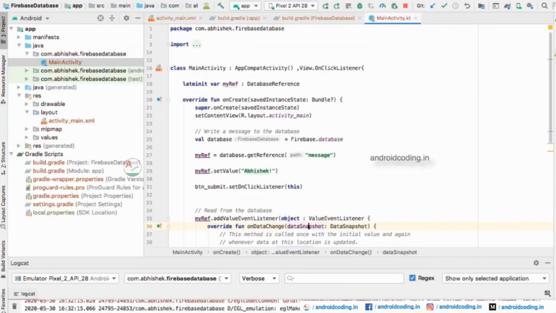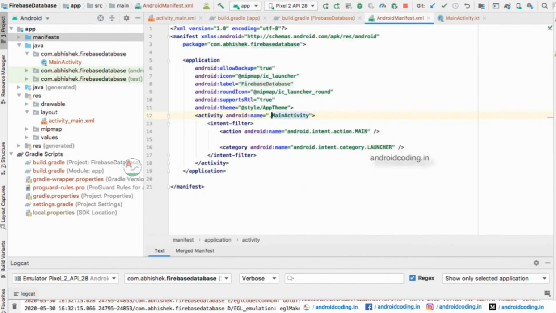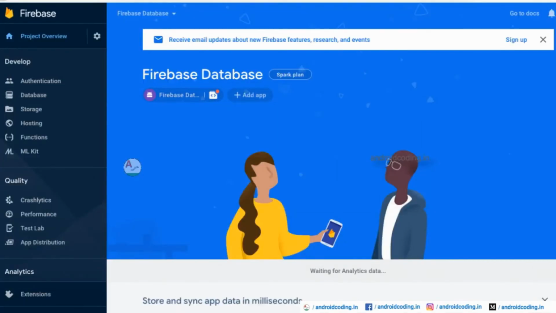So don't think what is the package name, just go to your manifest file. So this is your package name, and you need to provide the package name and a SHA-1 algorithm also. So all these details I have mentioned in the previous tutorial, and if you want the SHA-1, how to generate all these things, you can check in the description section also again.